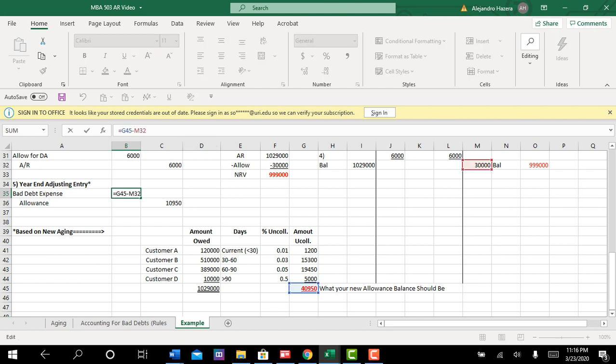It is G45, which was what our allowance balance should be, less what we had in our allowance balance going into the end of the year, $30,000. So our new aging says, well, you should have $40,950 in there going into the end of the year, because you've written $11,000 out of this thing. You only have $30,000 in there. So if you take $40,950 less that $30,000, that's going to give you your needed adjustment of